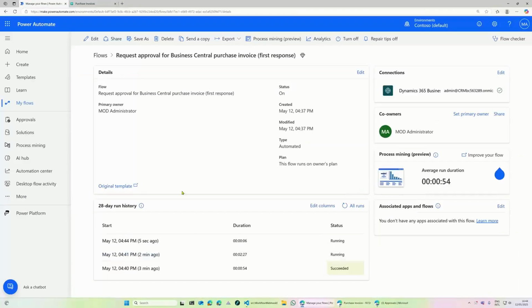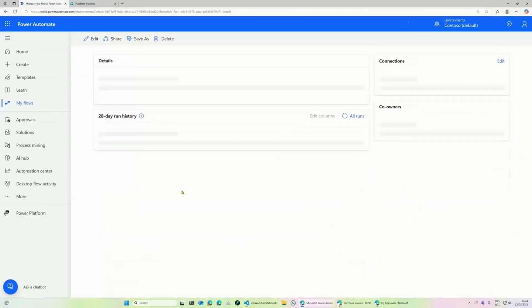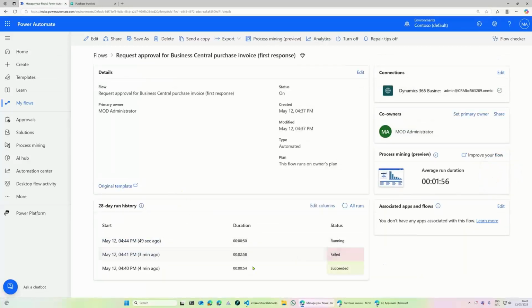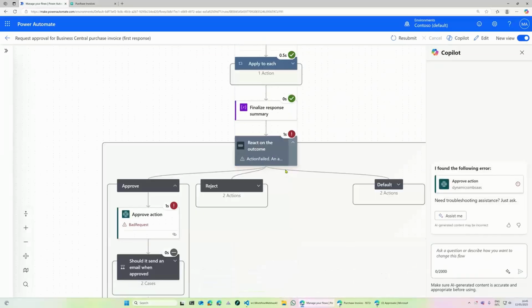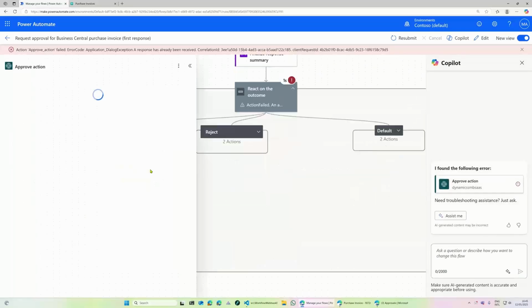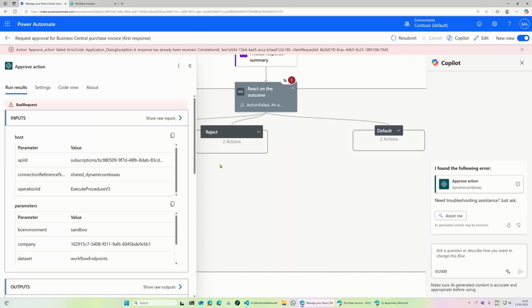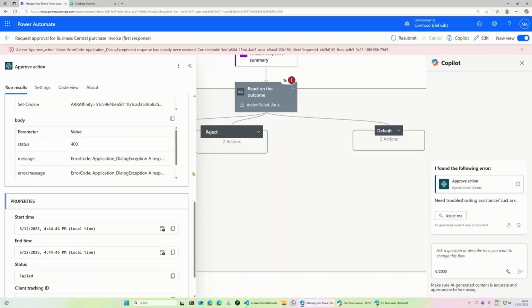But when we now look into the flow, we have a failed flow. And when we look into the failed flow, it's going to tell us an error message here on the approve action. And the error message says a dialog exception.